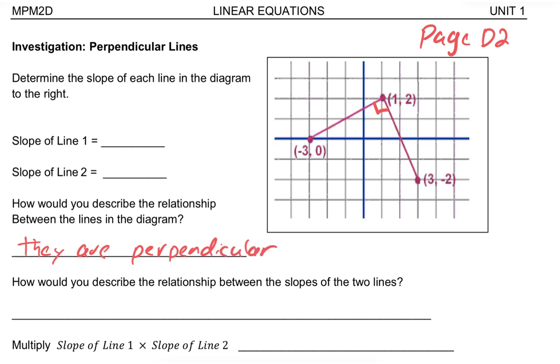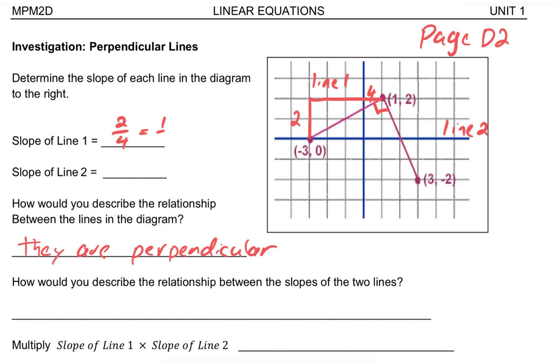Now they want us to do something similar to what we did with the other two lines. They want us to determine the slope of line 1 and then the slope of line 2. So let's label this. We'll say that this is line 1 up here, and this line over here is line 2. For this one, we can do the same kind of thing we did before. We could be using our slope formula here, but it's probably just as easy to figure out our rise and our run. So for line 1 here, we have a rise of 2, and we have a run of 1, 2, 3, 4. So our slope is going to be rise over run,